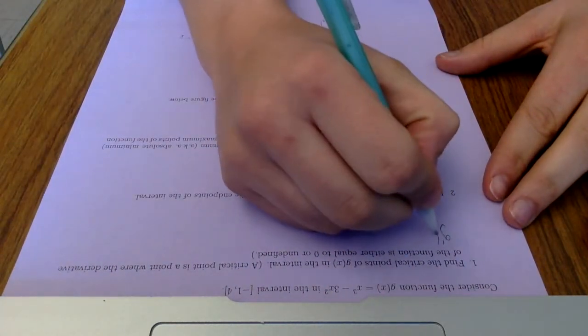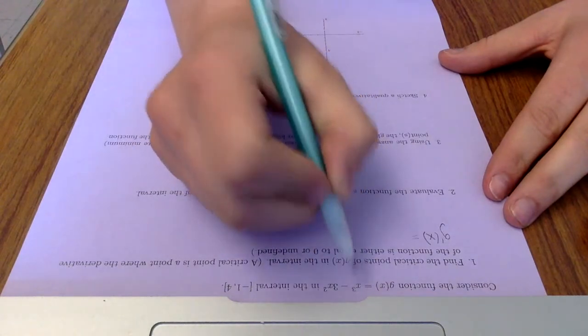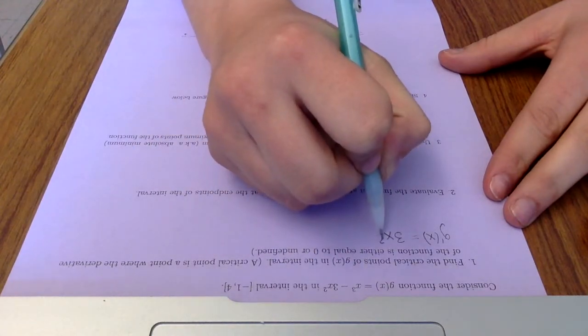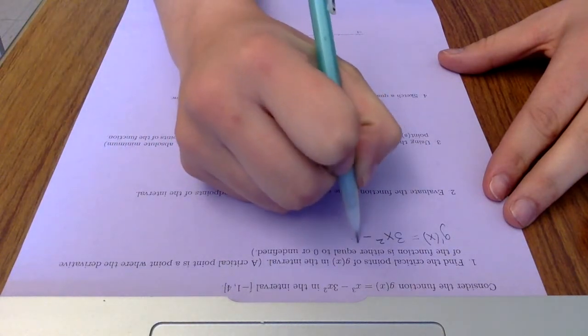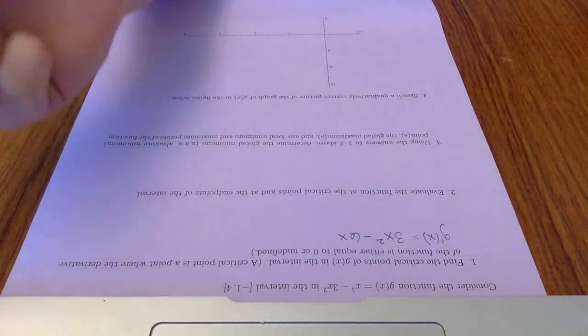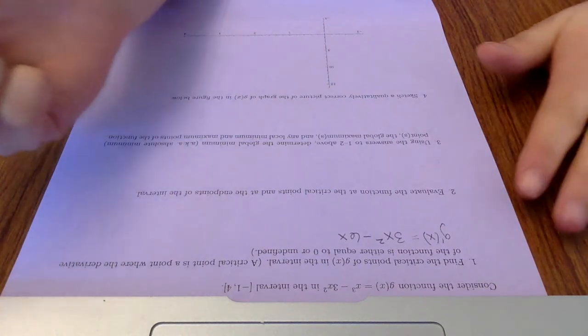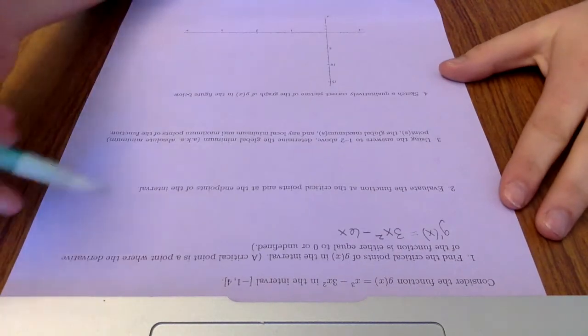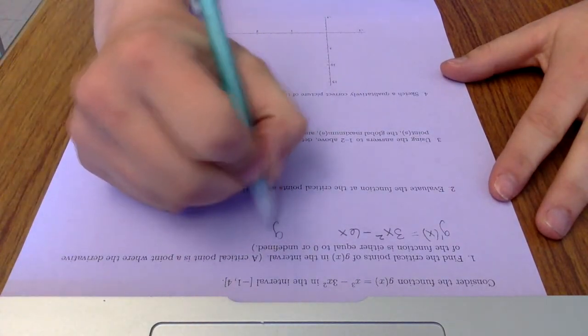So if we do that, g prime of x, we're just going to use the power rule here. So we have the derivative of x cubed, that's just 3x squared. The derivative of 3x squared is 6x, so I have my derivative is 3x squared minus 6x. Now I need to find out where that derivative is 0 and where it's undefined. So first of all, if I set up